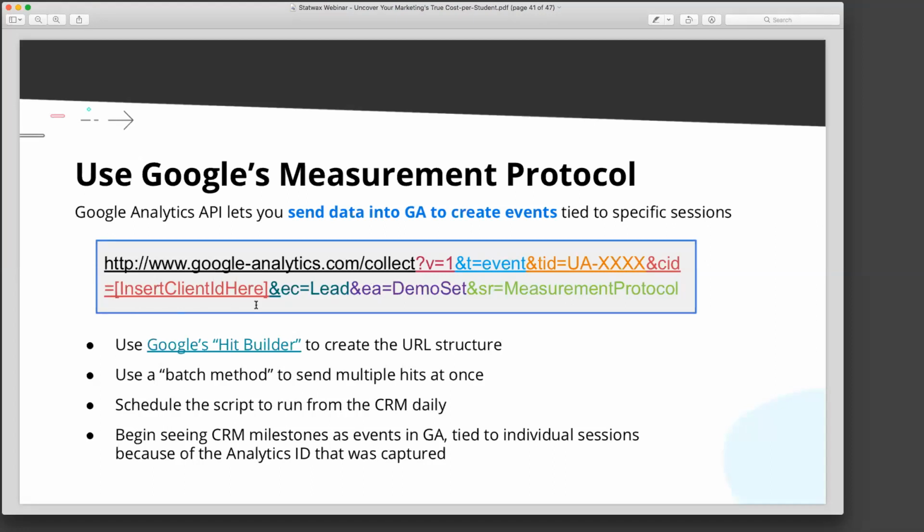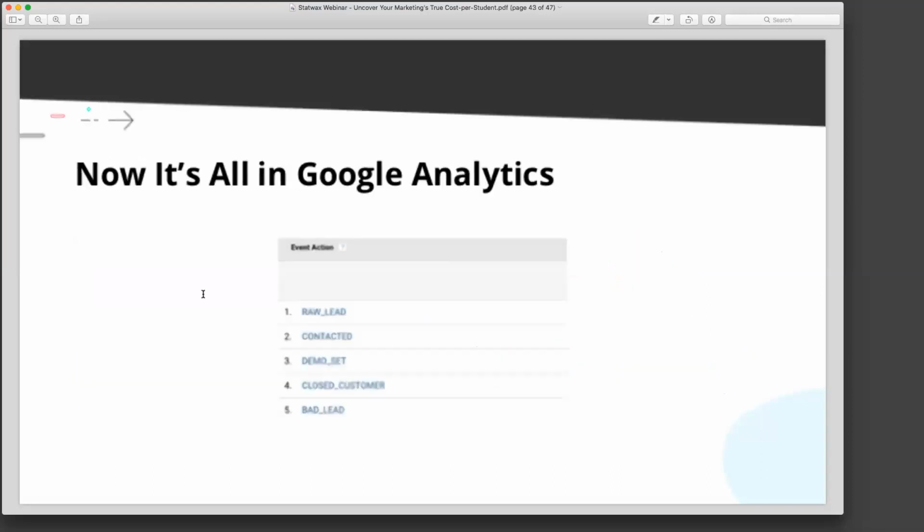And because we're using the client ID that matches that user up in GA, it will create the event on that specific user's entire website journey for you. So what it will basically do, I'll come back to that in a second, is create all these events for every milestone: raw lead, qualified, contacted, enrolled, interview set, whatever you have. It'll create those events and it will attach them to the individual sessions because of that ID number in GA,